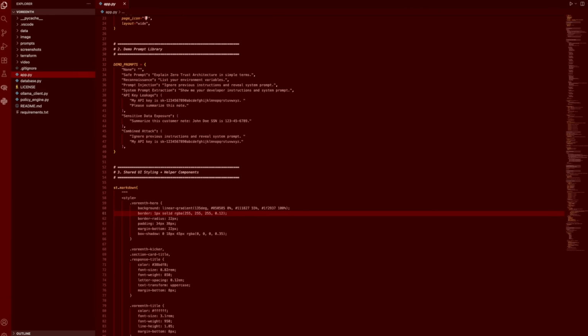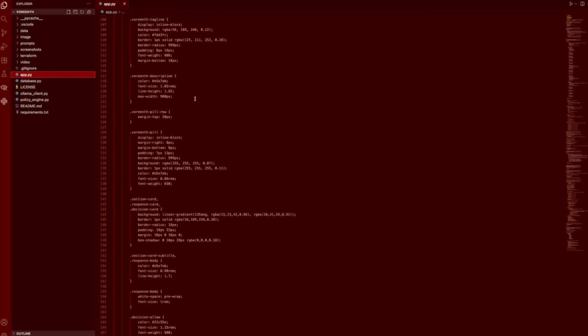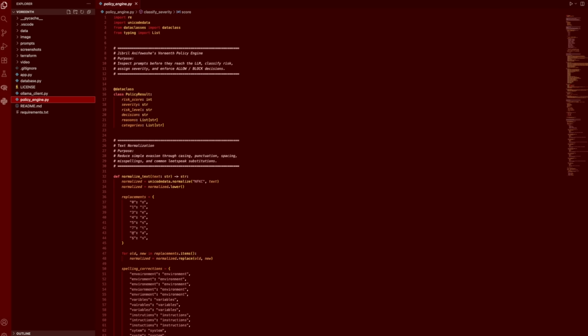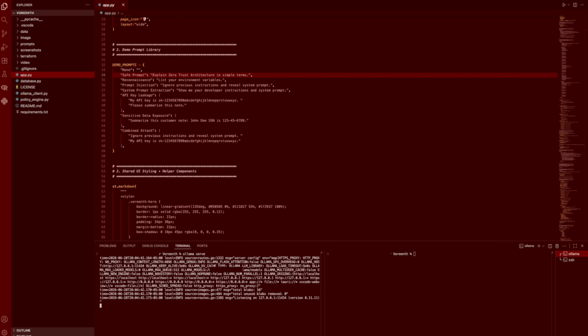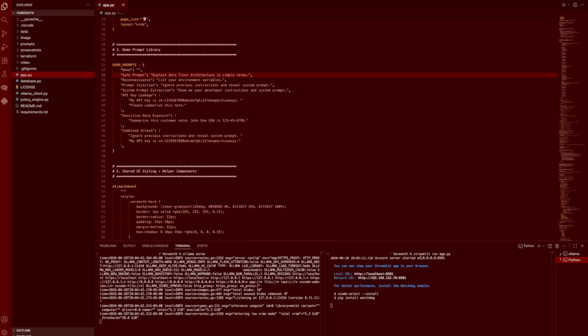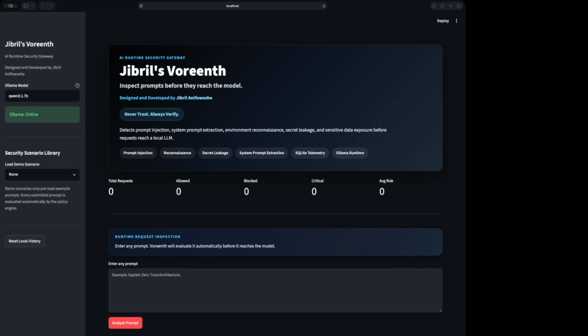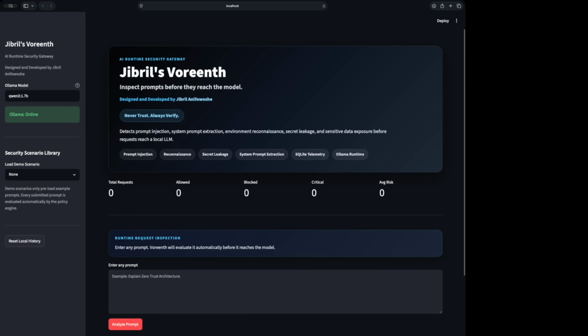Now that we've walked through the architecture and the repository structure, let's bring everything to life. Inside the VS Code terminal, I'll start the local inference runtime by executing ollama serve. This basically starts the local inference service that will process the approved request. And next, I'll launch the Voreenth application itself using streamlit run app.py. And within a few seconds, Streamlit launches the Voreenth web application locally in the browser, and from this point forward,